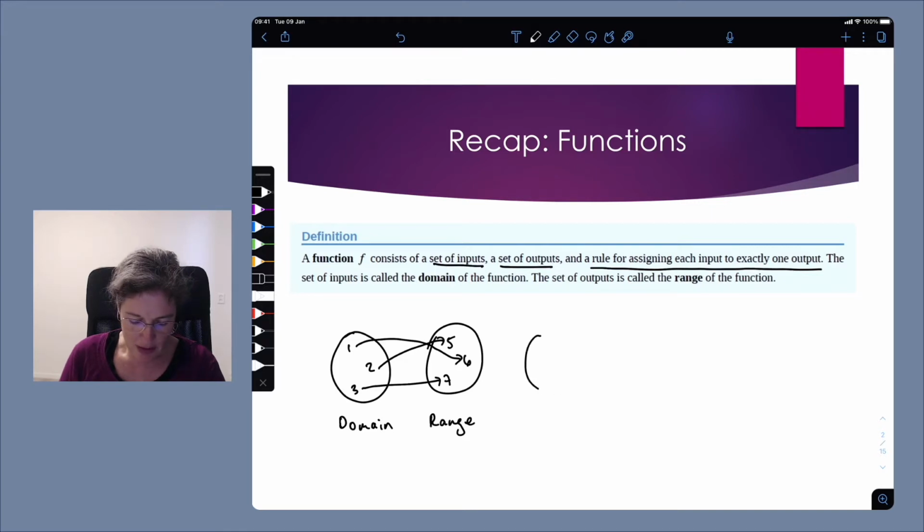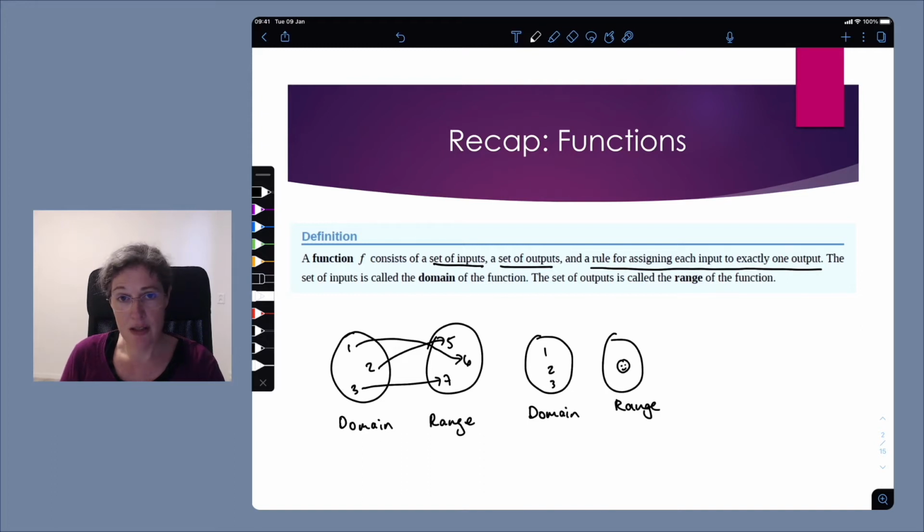And then we also said it's totally fine to have situations where, for example, you take multiple inputs to the same output. So here we have a domain of 1, 2, 3, and a range that is just a smiley face, and a perfectly good function takes 1 and 2 and 3 to smiley face. So both of these are perfectly good functions, but